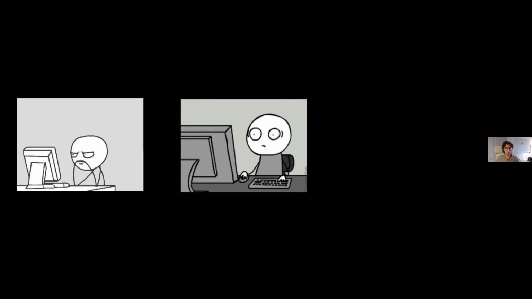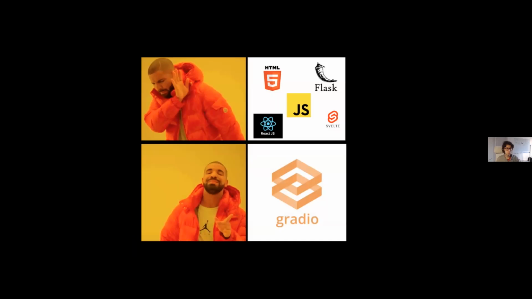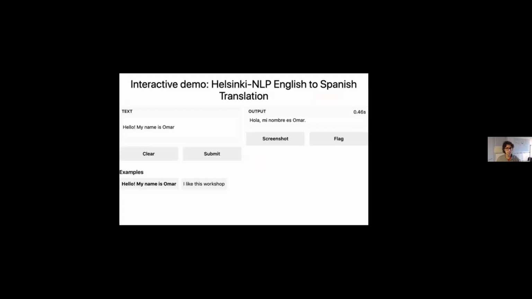And then you realize that if you want to do this, you might need to start learning JavaScript maybe, or some web technologies, like Flask. And if you come from the machine learning ecosystem, I think most people really don't want to do that. So I'm going to talk about something called Hugging Face Spaces. Let me go a bit through it. Instead of having to learn about Flask and HTML and React, Svelte and JavaScript, you can go directly and use open source libraries such as Gradio or Streamlit. You might have heard about Gradio or Streamlit before. They are very easy to use open source libraries.